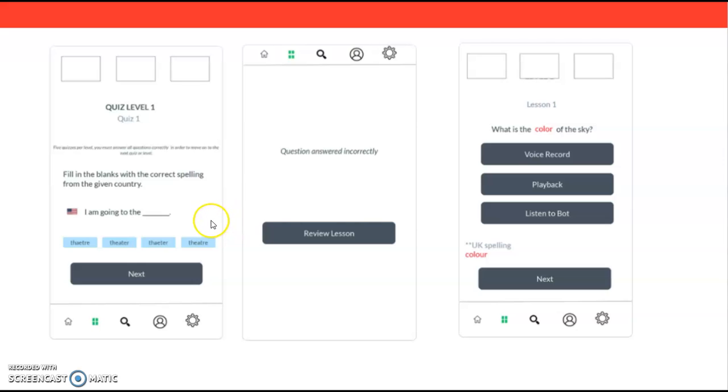After you've completed your test and you are given the results, if you have answered at least one of the questions incorrectly, you are then given a review lesson. On clicking the review lesson button, you are then taken back to the lesson to go over what you have learned before.